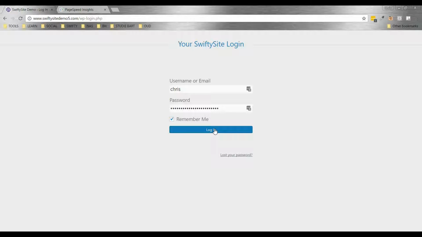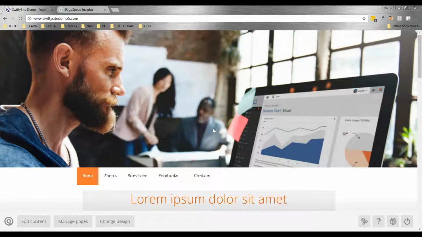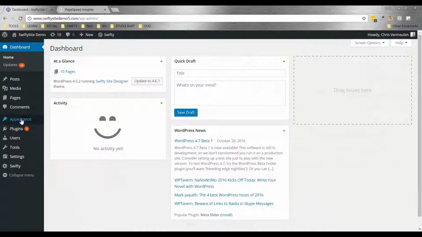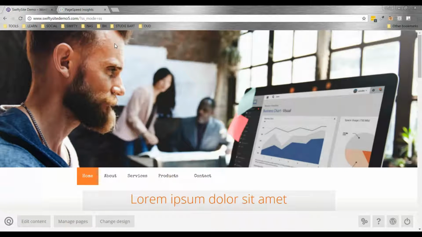The first thing you'll notice is that after logging on, we don't see the WordPress admin area, but the clean and non-intrusive SwiftySite bar at the bottom here. Makes sense, right? Why go to look at an engine when you can just start the car and drive? Now, of course, if you want to have a look under the hood of the car, you can. You can switch to WordPress and add a plugin or modify a shortcode or do whatever you need to do and then switch back to Swifty, and everything will work beautifully both ways